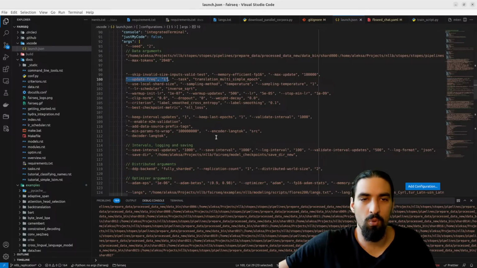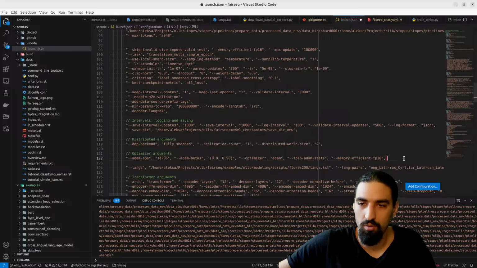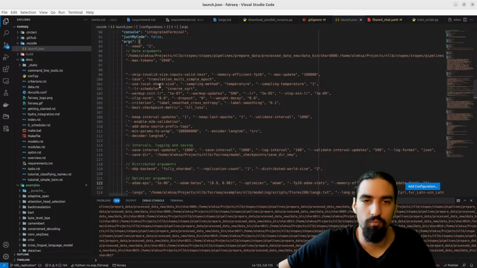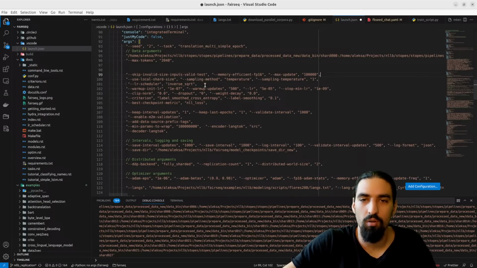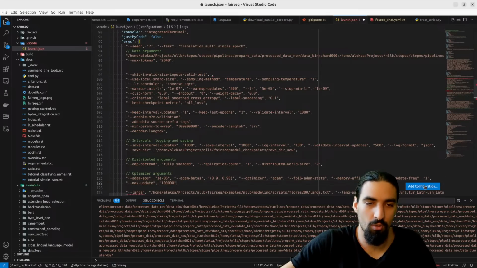So this is again more of an optimizer detail. Task. Can put that up there. Memory efficient FP16, we have this double. Max number of updates. This is just again optimizer stuff. How many steps do we do of optimization?